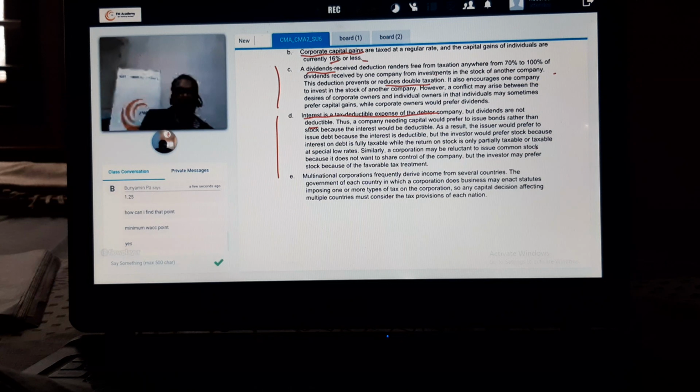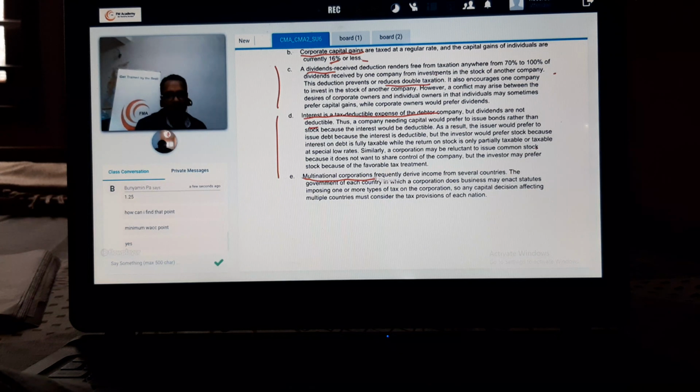Look at the multinational corporation. They invest in many countries. Look at a company like Nestle, more than 120 countries. Nestle is a parent company, let's say based in Switzerland. The subsidiaries of Nestle are in Japan, Canada, India, Pakistan, Sri Lanka, everywhere it is there. The company is subject to taxation. The taxation rules vary from country to country.